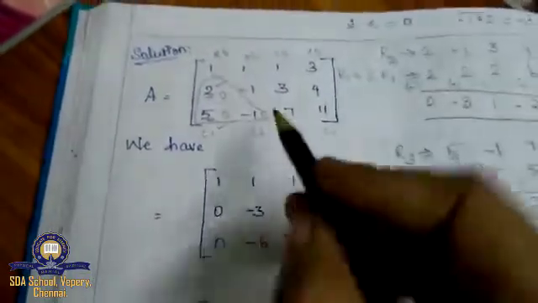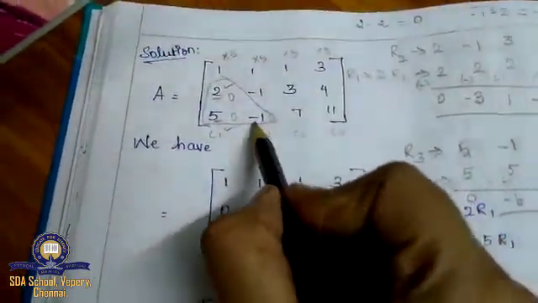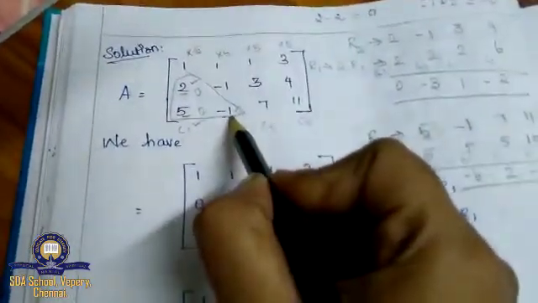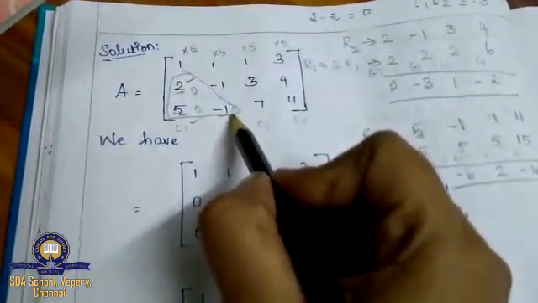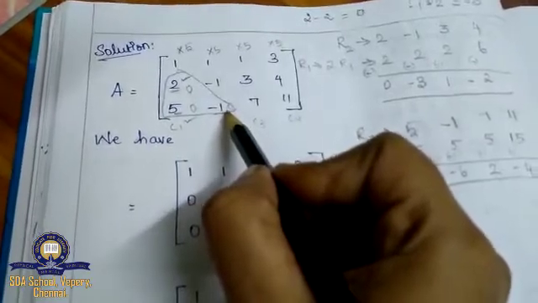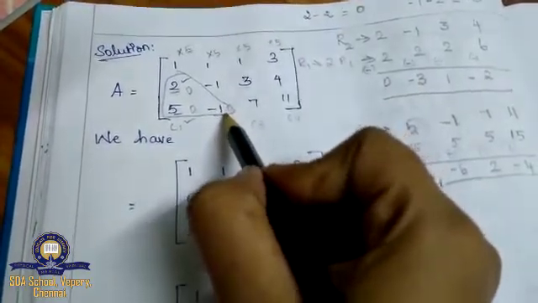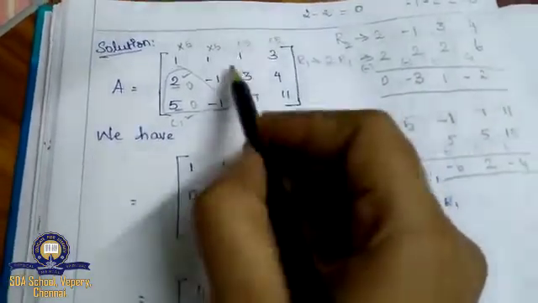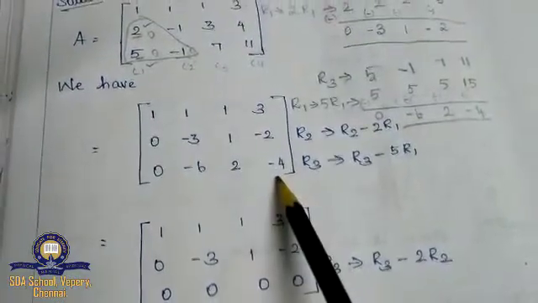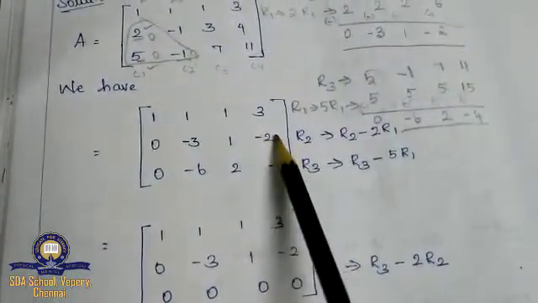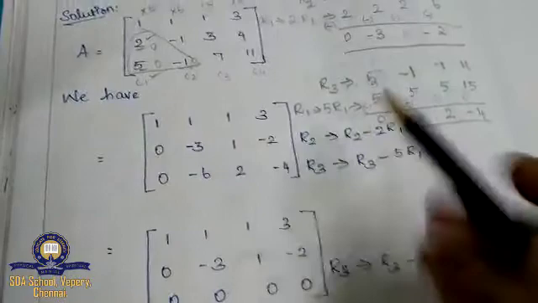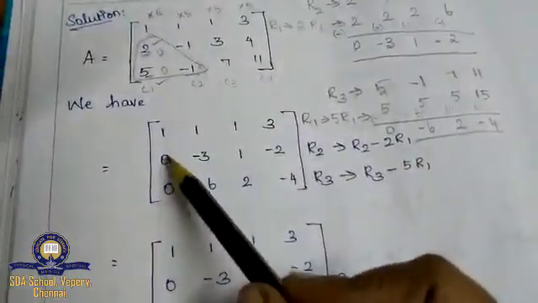So next I want to make this 0. What is this element? This is the second element of the third row. So if I want to make it 0, I have to multiply this with this one. Now what is my new row? New R2, new R3, right? New row 2, new row 3. Now see here, both the terms have been made 0.